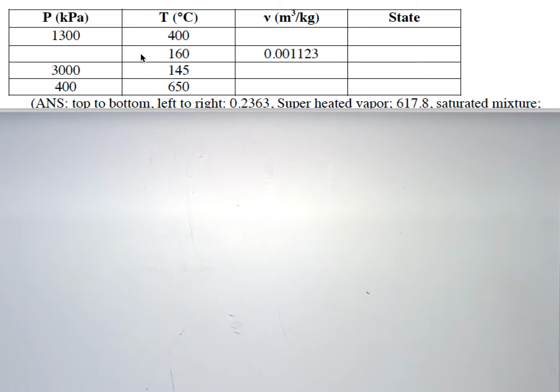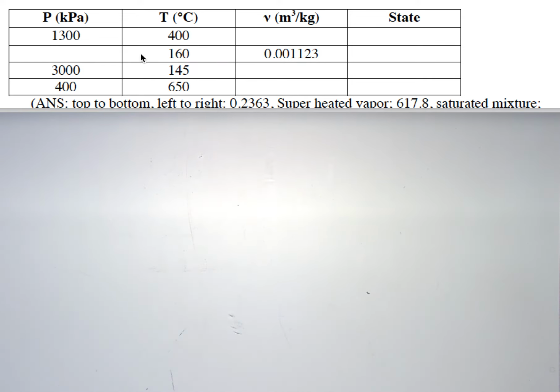So remember that we've been learning about a lot of properties. In chapter 2 we only knew about specific volume, but now we've learned about internal energy and enthalpy. So with pressure, temperature, specific volume, internal energy, and enthalpy, if you have any two properties, you can find the rest of the properties. So in this case, we are going to start with A,